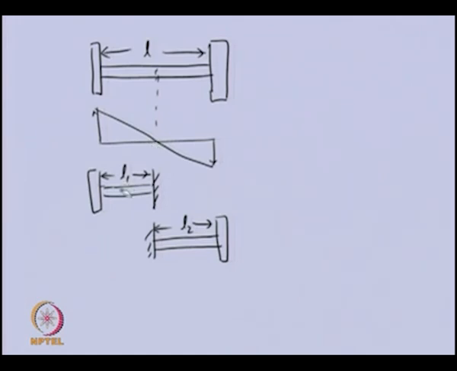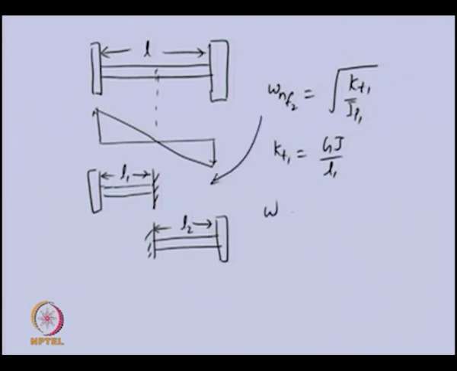For the first case, we can write the natural frequency of the system as the square root of stiffness KT1 by IP1, where KT1 is GJ by L1. For the second system, this system we have, so this is corresponding to this one, and for the second system we have